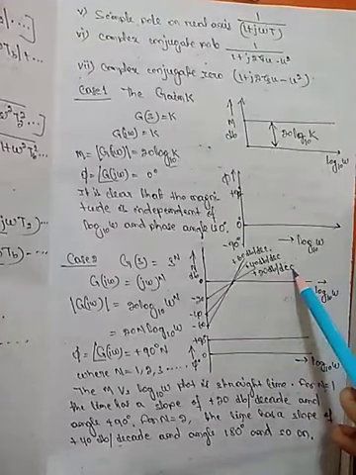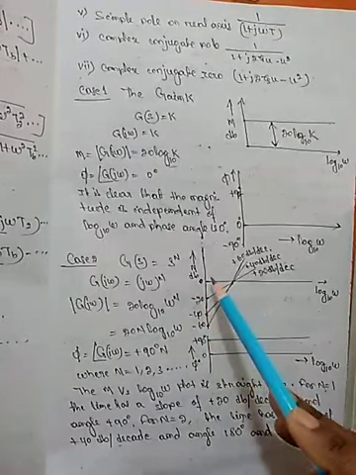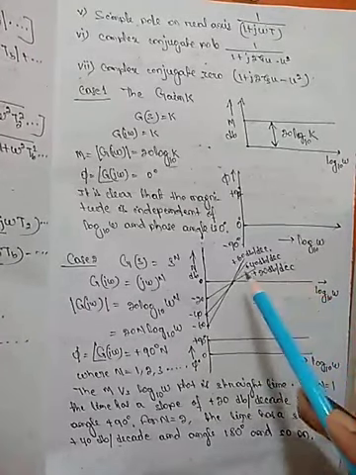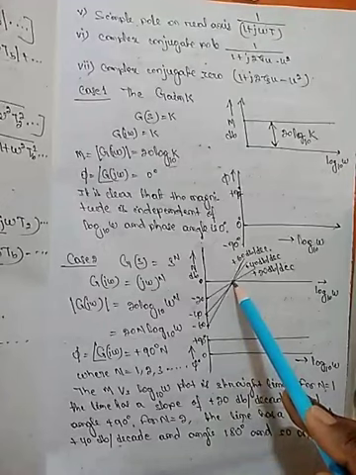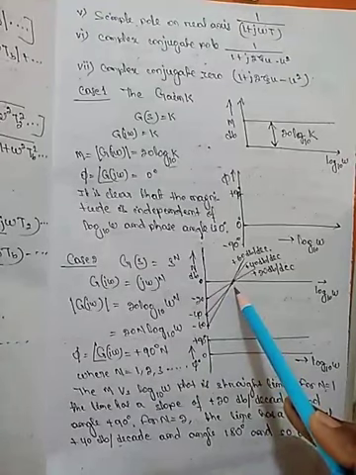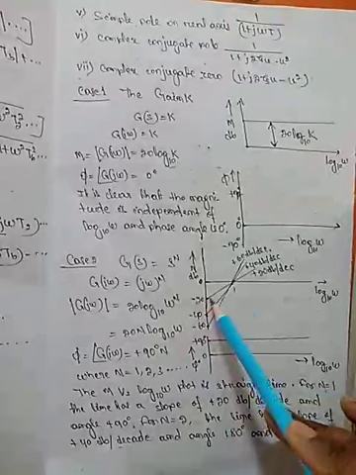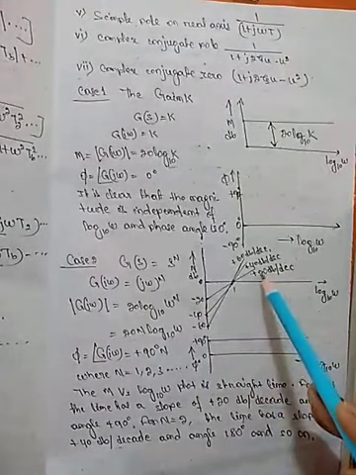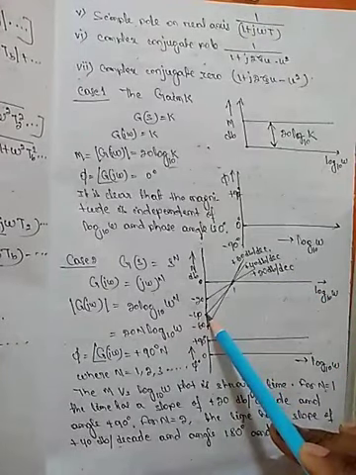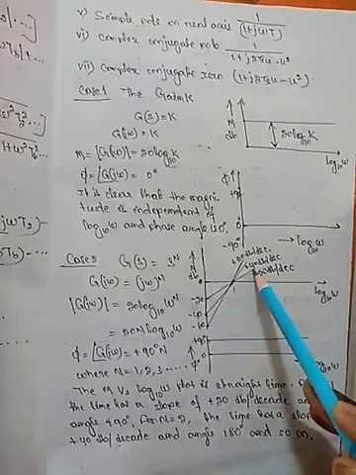How do you sketch this? This is the magnitude axis and the x-axis is the frequency axis. In the x-axis, the first 10 division, let it be 1. Over the first decade, you draw a straight line which gives a slope of plus 20 dB per decade. Similarly, the 40 dB line passes through omega equal to 1. It gives this one.